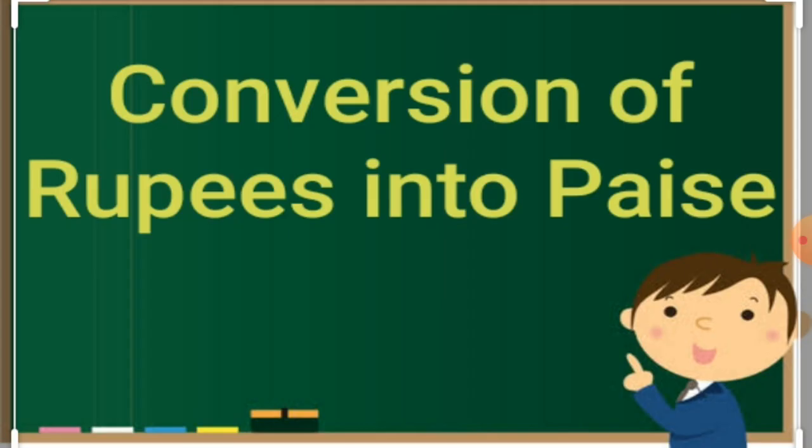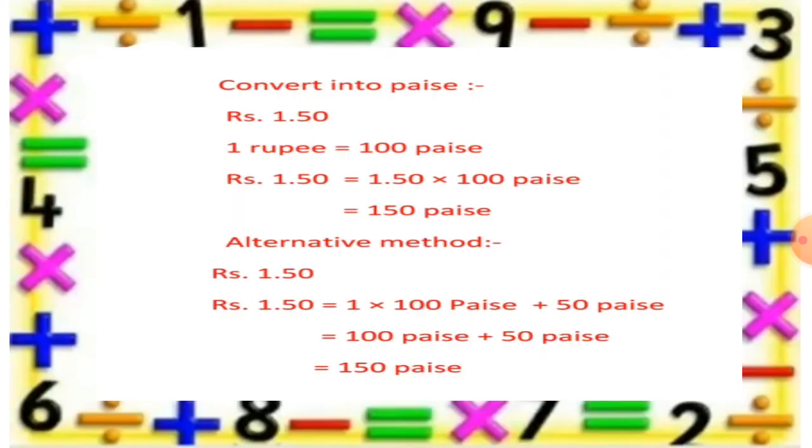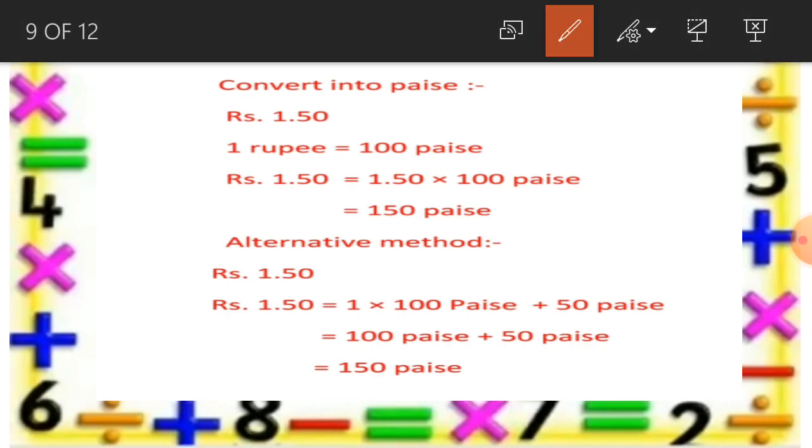Come to the next one. Now, we will learn how we can convert rupees into paisa. So the first one is convert into paisa. Rupees 1.50 is given. So first we will write 1 rupee is equal to 100 paisa. Rupees 1.50 is equal to rupees 1.50 multiply 100 paisa, and when we convert into paisa,